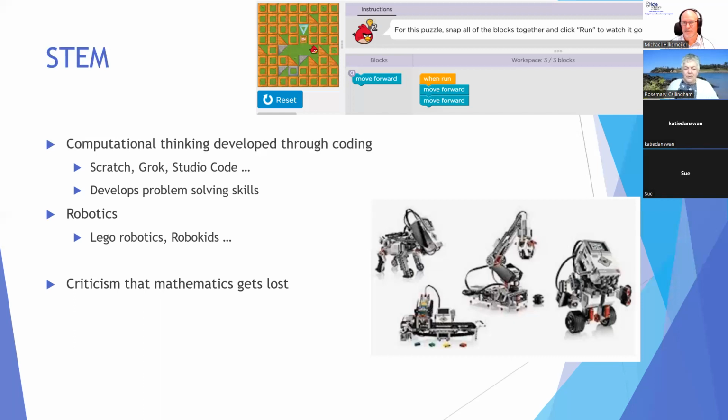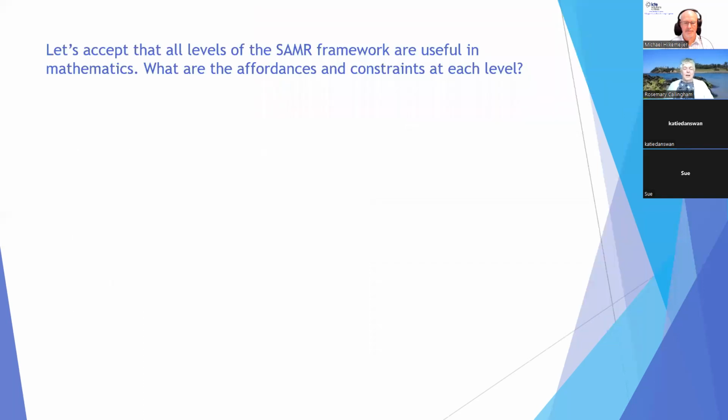And the criticism that maths gets lost, I think, is a real one, but I also know of teachers who are doing some very exciting things in all of these areas where the mathematics isn't getting lost. So it can be done. So let's go back and say, okay, all levels of the framework are useful, but there are affordances and constraints within each level. So substitution and augmentation